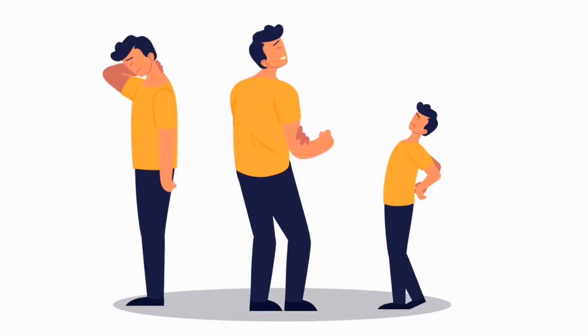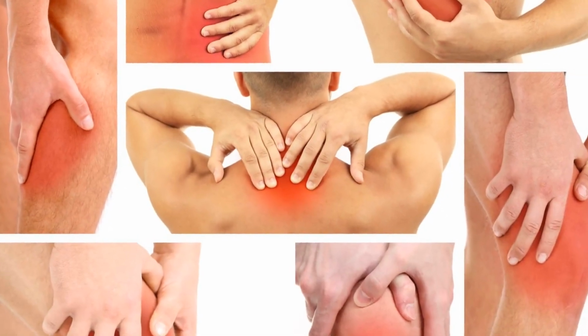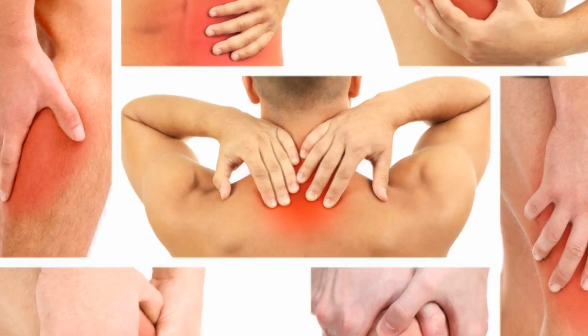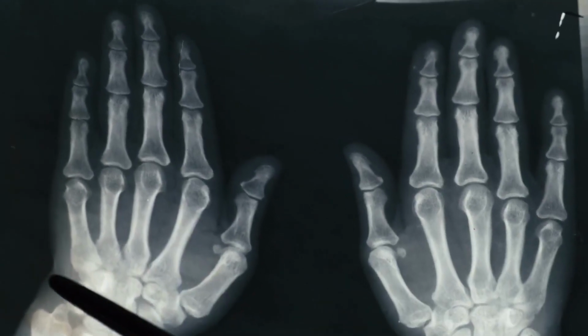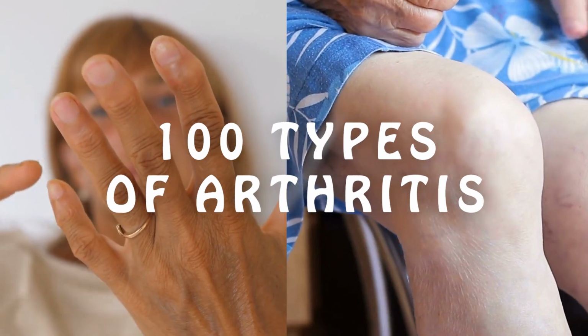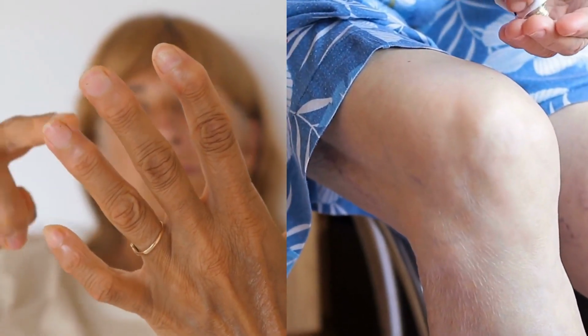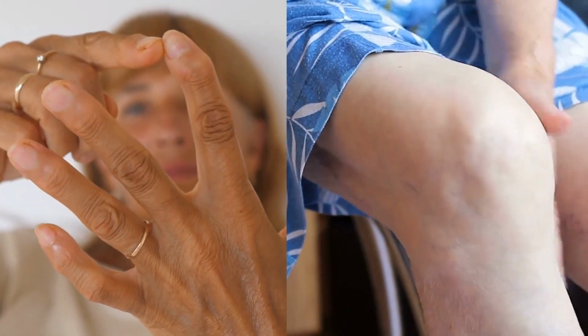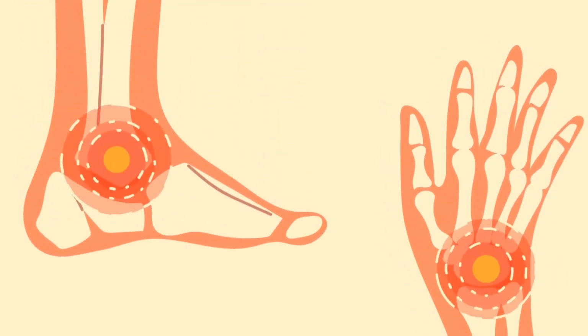Common symptoms include joint pain and stiffness, while additional symptoms may include redness, heat, swelling, and a reduced range of motion in the affected joints. Some forms of arthritis can also affect other organs in the body. There are more than 100 types of arthritis, the main ones being osteoarthritis, a degenerative joint condition that generally occurs with aging and mainly affects the fingers, knees, and hip, and rheumatoid arthritis, an autoimmune disease that often affects the